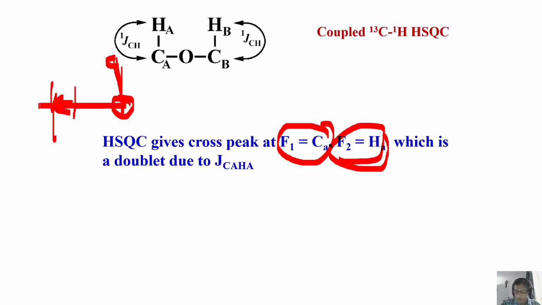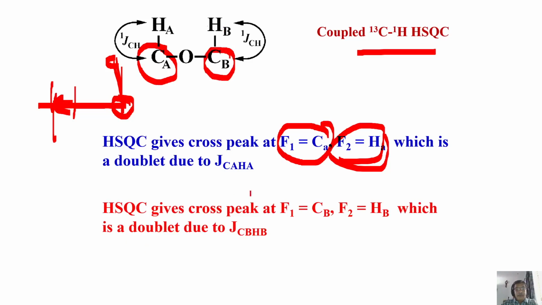That's what we get. But now, if it is a coupled HSQC, not decoupled, there is a coupling between carbon and proton. But in the carbon 13 dimension, its detection is easy. In the proton spectrum, what is it? They are satellites. Two peaks. That is, a J coupling is there, and they come as small peaks as satellites. That is what it is. Okay? In the carbon 13 dimension, when this carbon is coupled to this proton, it will be a satellite doublet. Similarly, this one also will be a doublet in the proton dimension, appearing as satellites.